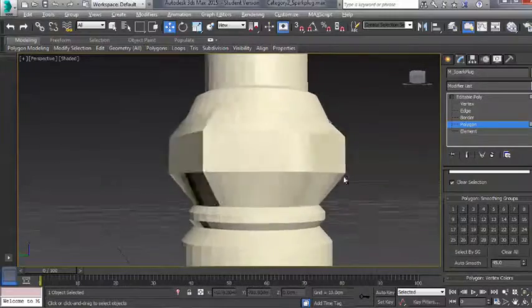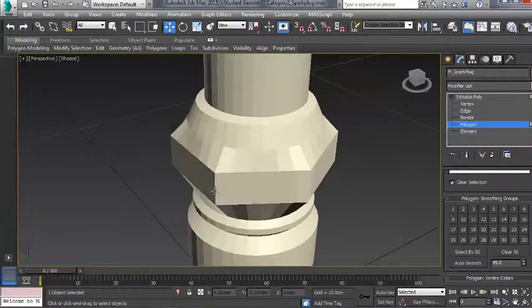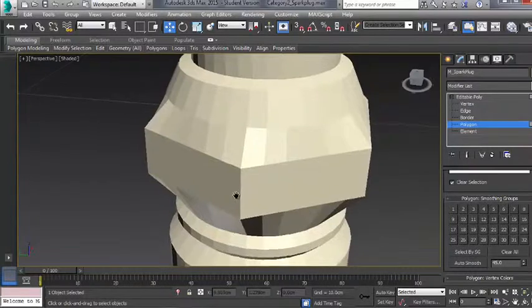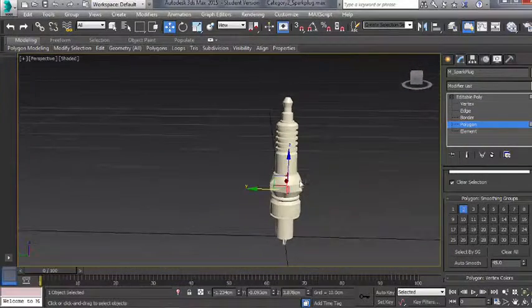So as long as they're both smoothing group 1, you can see it gives the illusion of being smooth, like it takes away that hard edge. But if this one is 2, then it knows that it's a different face that it's not meant to smooth onto. So for this whole thing,